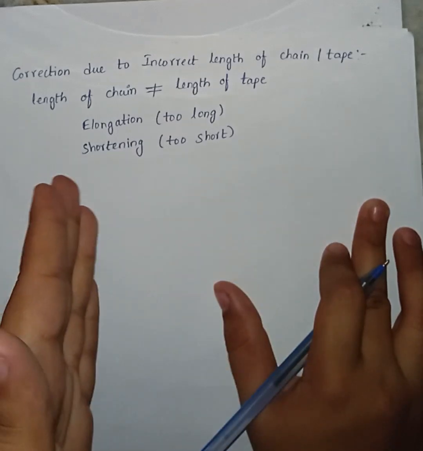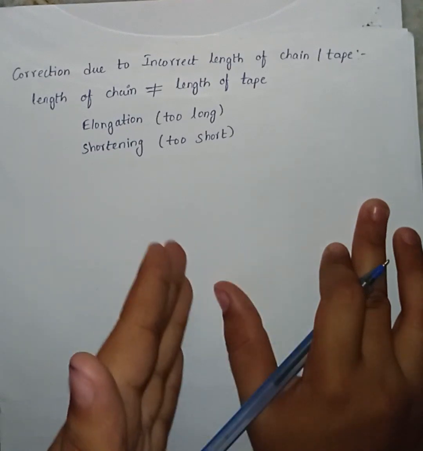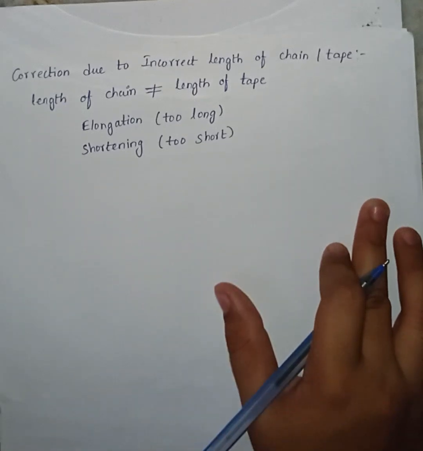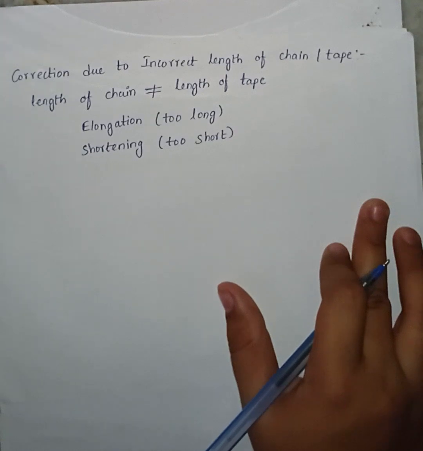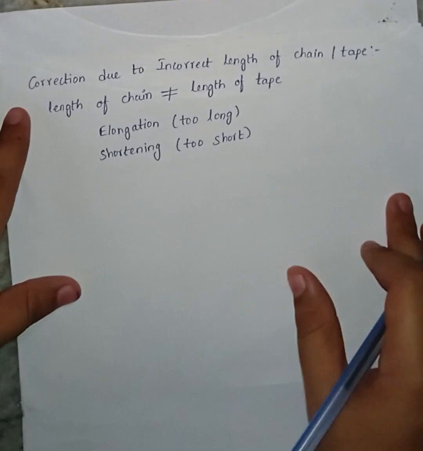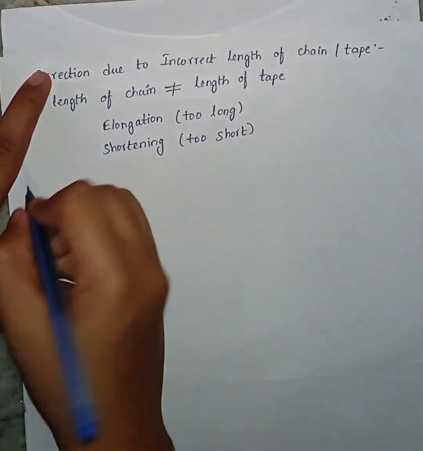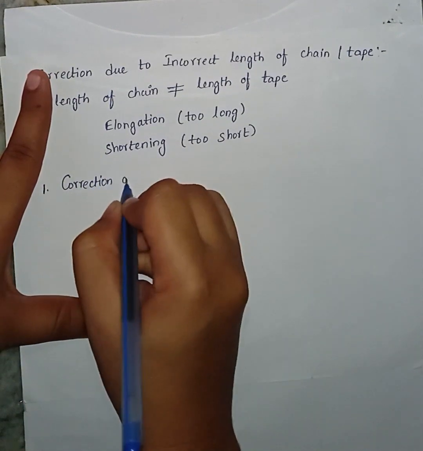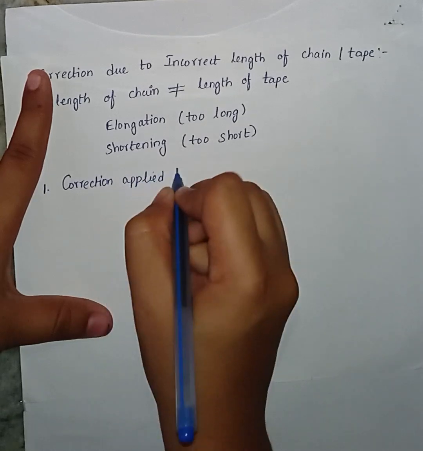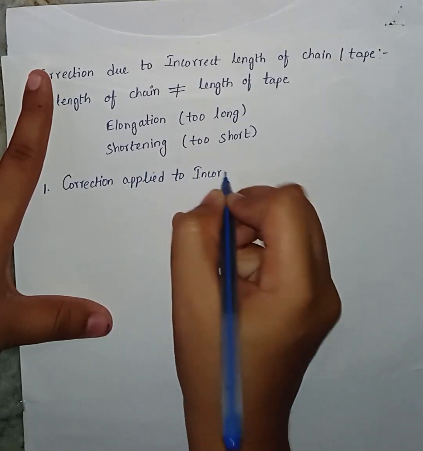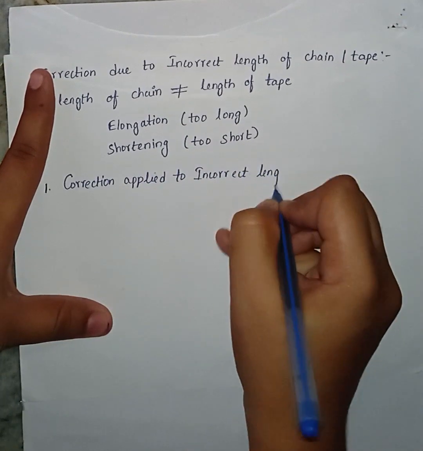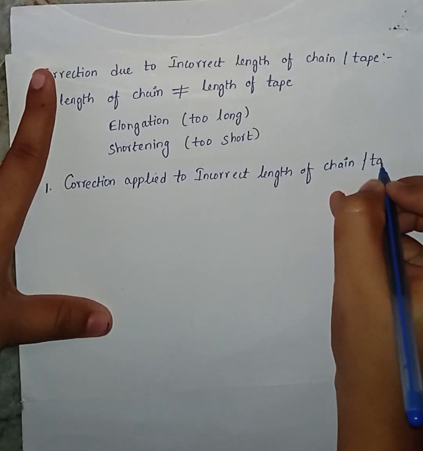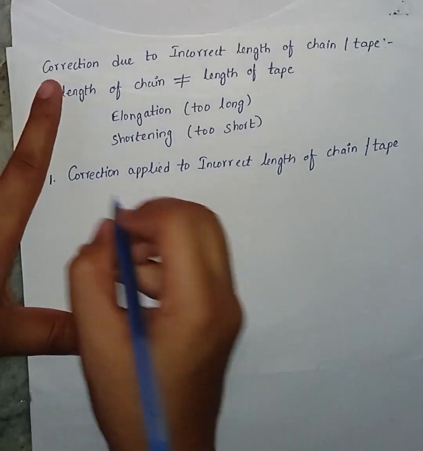If the chain is too long, there will be one formula for correction. Correction formula is applied for both too long and too short. So what are the different formulas for too long chain and too short chain? That is elongation and shortening. First is correction applied to incorrect length of chain or tape. So for applying the correction for incorrect length of chain and tape, we have to find